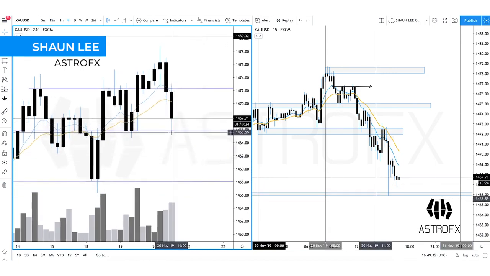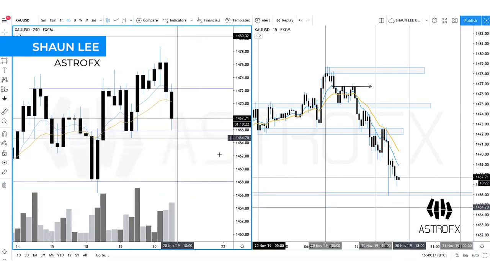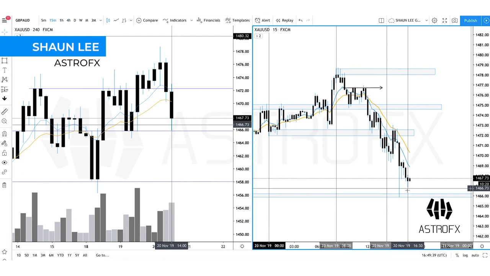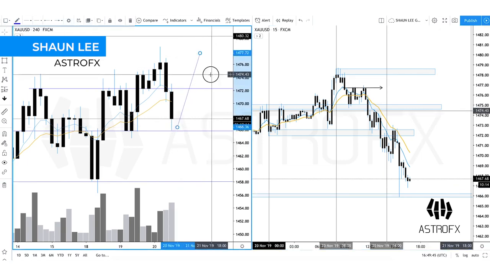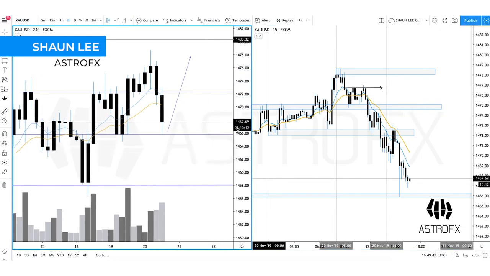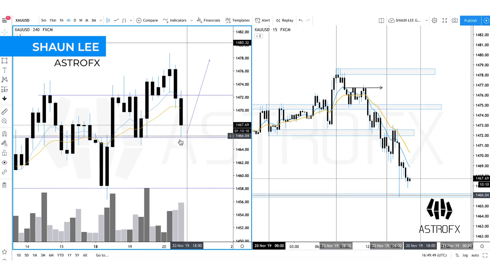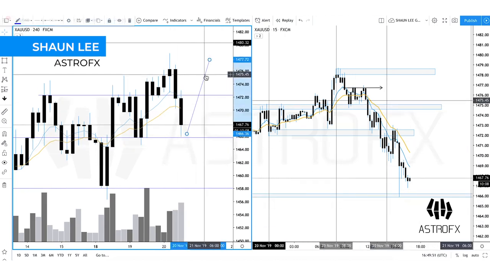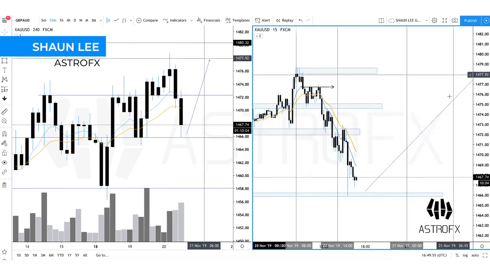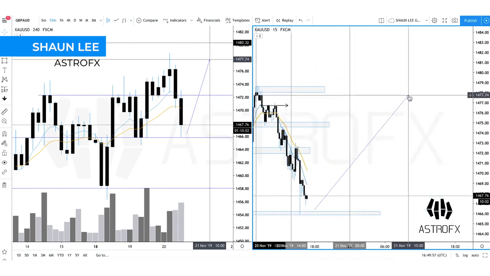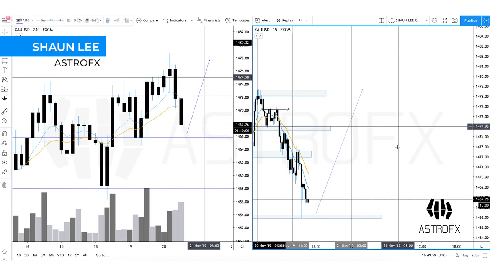Coincide that with 4-hourly, we've got various confluences going on. So this is building up for a decent long potential and a huge reversal from the current area, and this can probably start to happen in the next hour and 10 minutes. We have to wait for the 4-hourly to close. So copy and paste there, that's the bias for the rest of the day, and we're now looking at gold